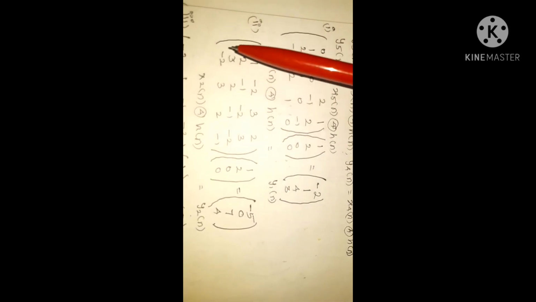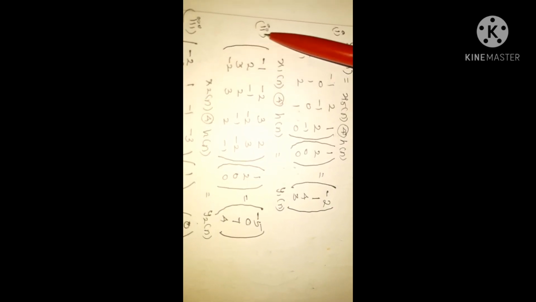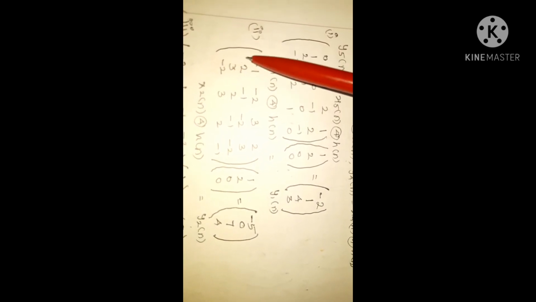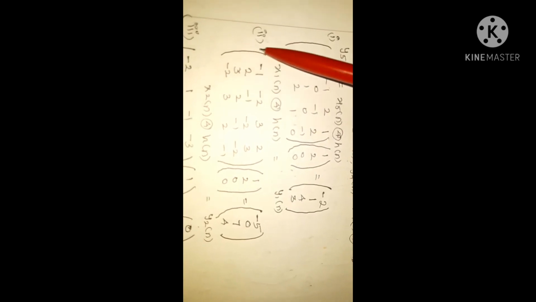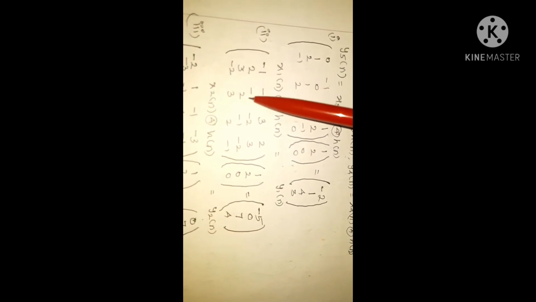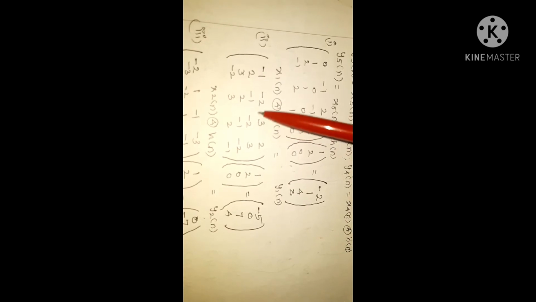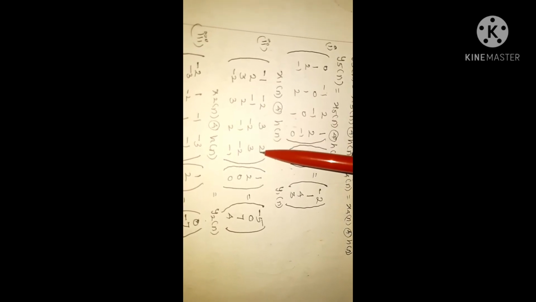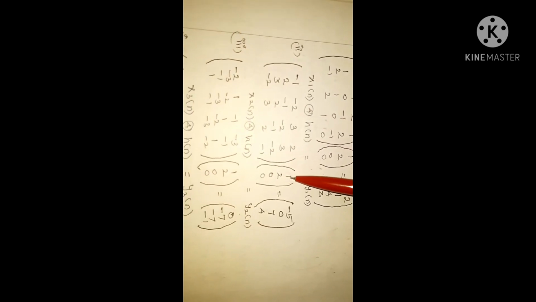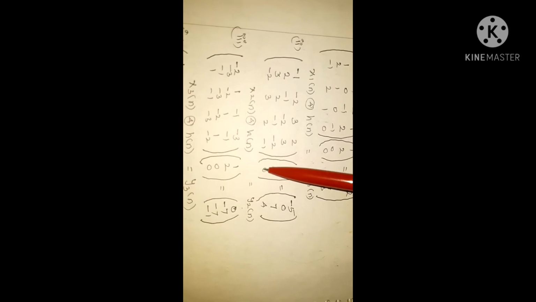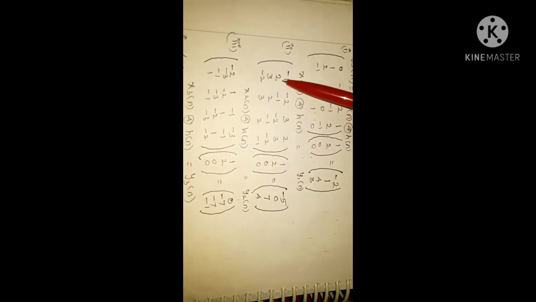So the second block we find: minus 1, 2, 3, minus 2. Then circular convolution means here this block we should make into the matrix. So minus 2 will come top, then the balance will go down. Here 3 will come top, then the balance will go down. Here 2 will come top and the balance will go down. Like that h of n is 1, 2, and the balance 0, 0 we are adding. So like that matrix multiplication and adding, we get these values: minus 5, 0, 7, 4. So here, y2 of n.